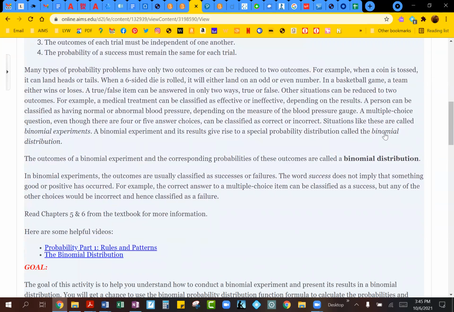And then based on that, we come up with the results you will have, we come up with a binomial distribution. So just like we had talked about frequency distribution with chapter 2, think of it in that same way, you can have a binomial distribution coming from a binomial experiment.